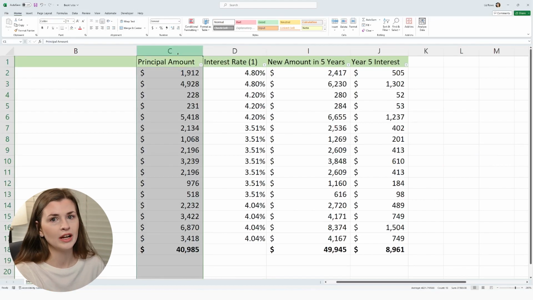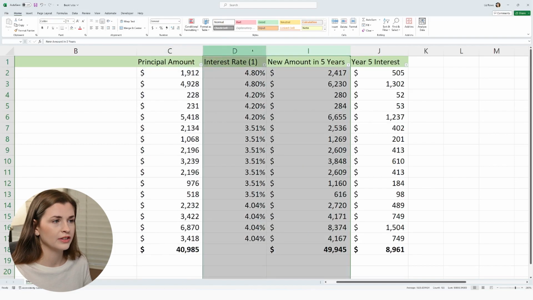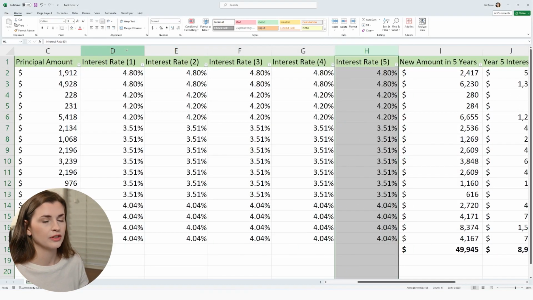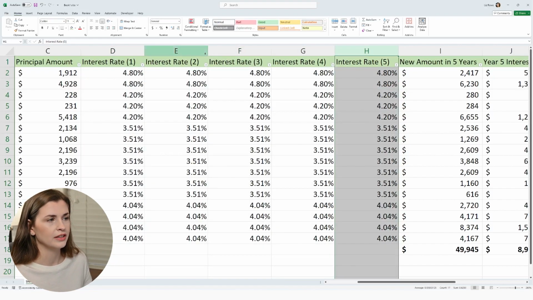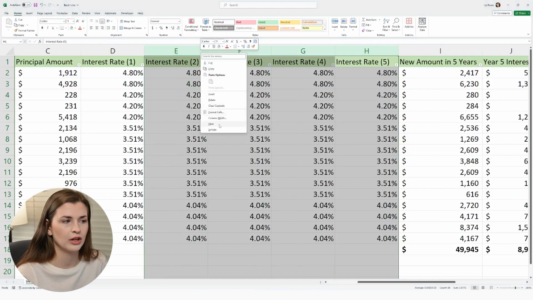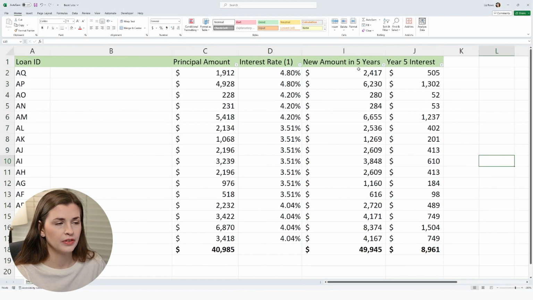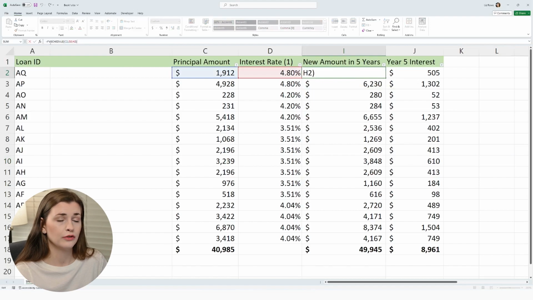That's exactly the name that it has on your loans, right? Then your interest rate. I actually made 5 separate, if I unhide these, I made 5 separate columns because I wanted to use a fancy formula, and it's just the same. I just literally moved them. So I'm just gonna hide these, but essentially you just make all 5 columns, how many years you want, column wise. So then what you're gonna do is you're gonna say this fancy formula, which is